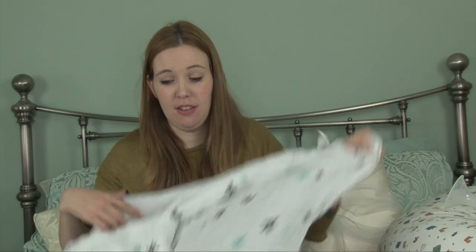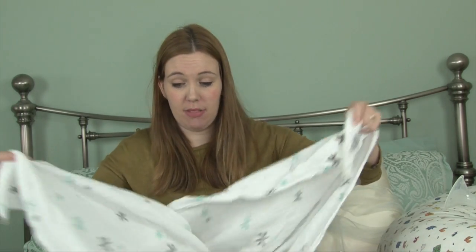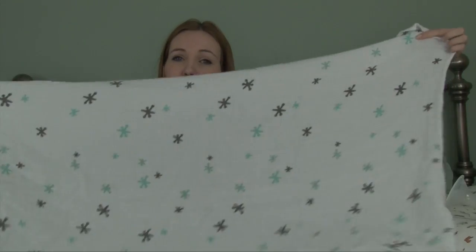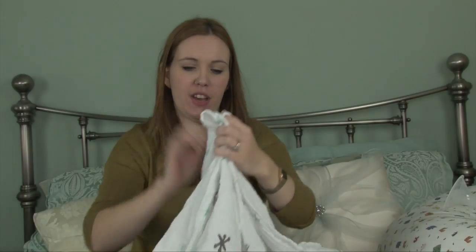Next we have muslins, and I'm sure this is on everyone's newborn essentials because, god, you go through so many. I won't pronounce this right, I think it's Aden and Anais, you know the one I mean, but it's a huge swaddle muslin, so it's really big, but obviously you can fold it over and have it as small as you like. So this is great for